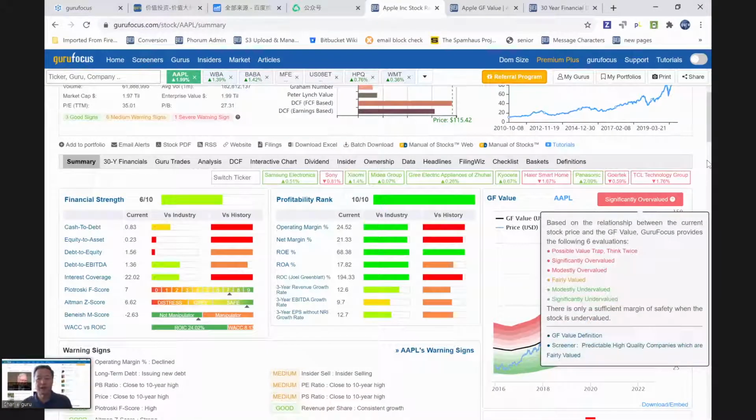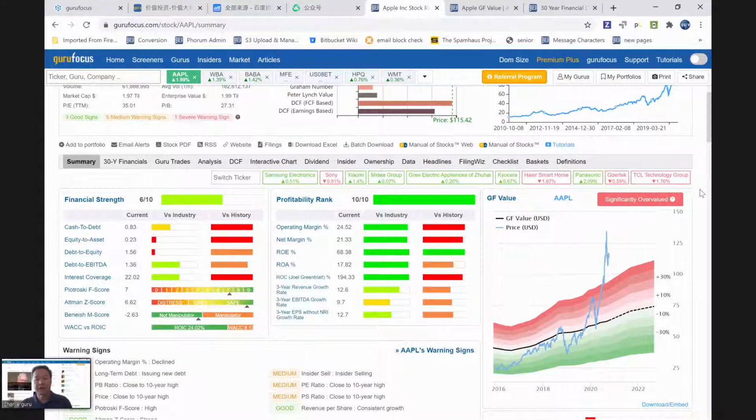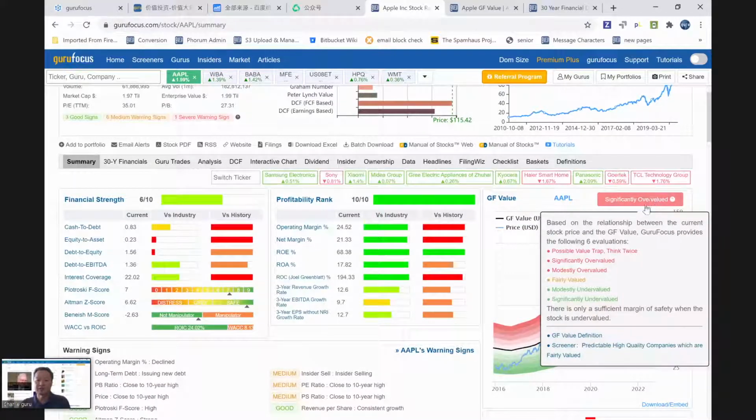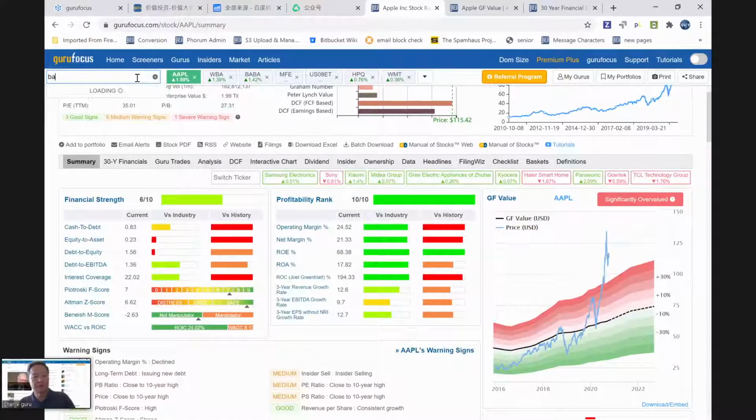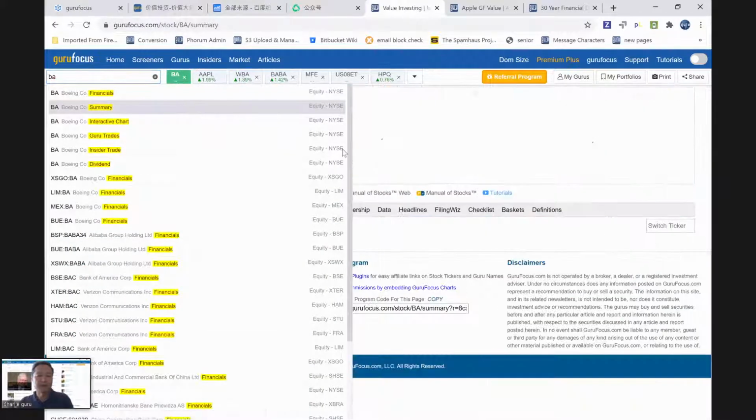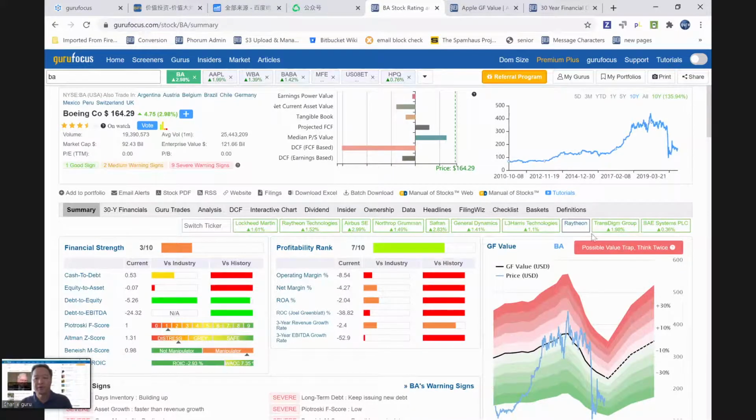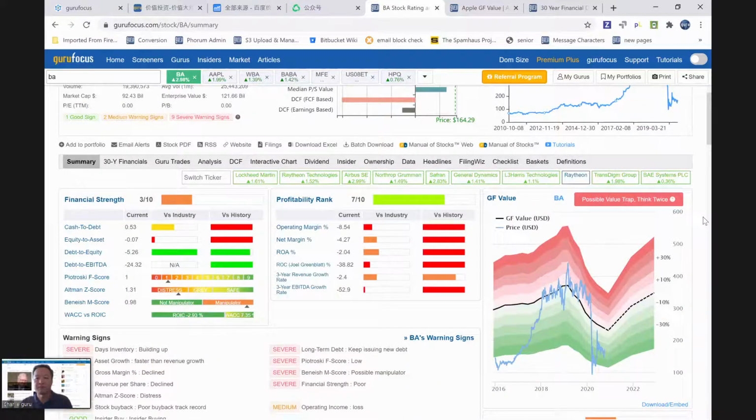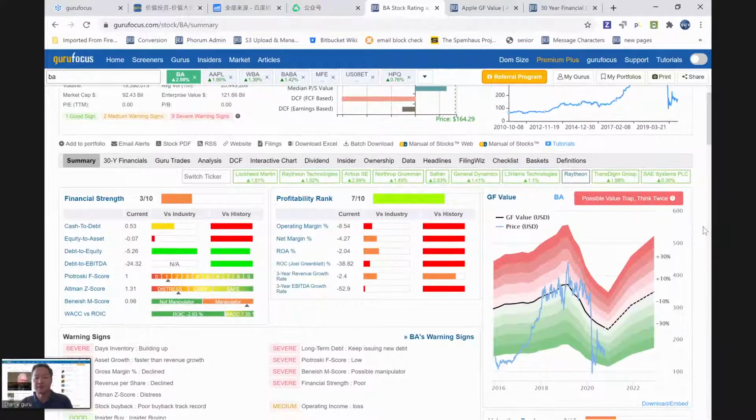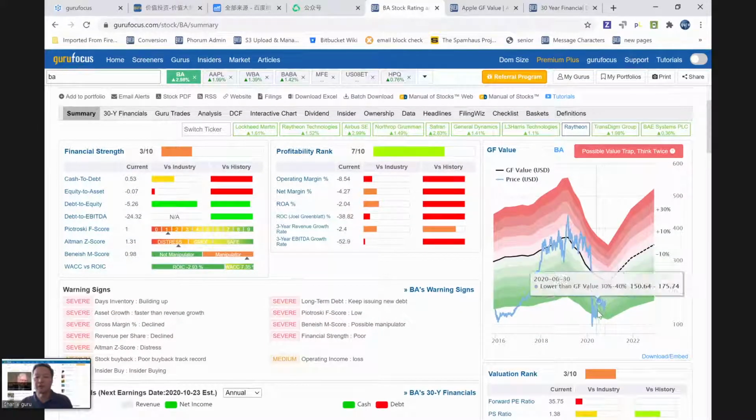Now I'm back to the GF value, and you can see that we usually have several conclusions about the valuation. The first one we said is a value trap. I will give you some examples here. A value trap, for instance, Boeing. We think it's a possible value trap. So we tell you you need to think twice. It is really undervalued if it's